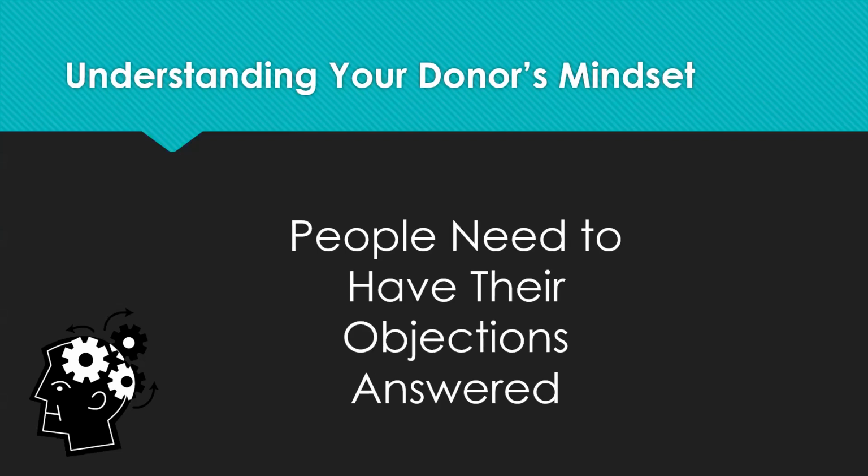The sixth thing to remember: people need to have their objections answered, even if they don't mention them. Just as in sales, your donors will have objections when you make asks, meaning they will have concerns. And again, just as in sales, they may not always voice those objections. It is your job as a nonprofit fundraiser to anticipate those objections based on the relationship you have with the prospect and to answer them quickly and convincingly.